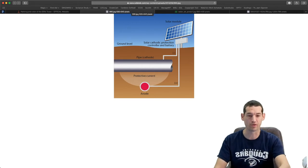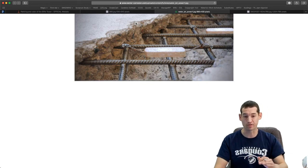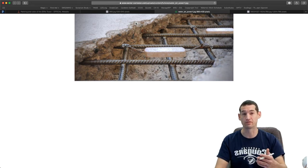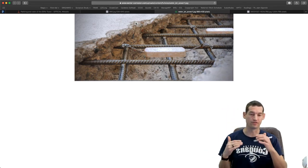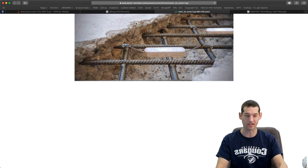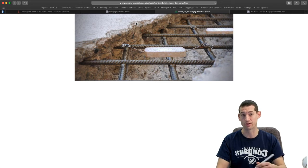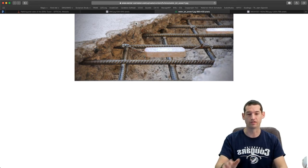So let me show you some pictures of this, for example. So in concrete, we talked about that there's rebar there that needs to be protected. Maybe not necessarily in sidewalks, but some buildings are made of concrete, right? Think of a parkade. All of those levels are concrete. If the metal that's reinforcing that concrete starts to break down over time, that's going to weaken the whole structure. So in this case, there are these blocks of, I would assume that's magnesium or zinc or something that's attached, and that's going to make sure that if anything in the concrete breaks down, it's going to be those, and there should be enough there to last a very, very long time before the iron ever starts to